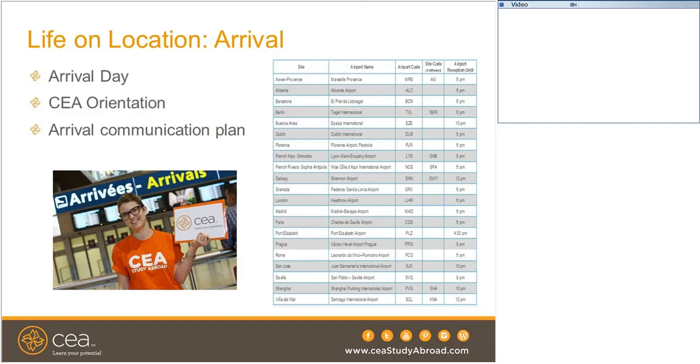All right, so talking a little bit about life on location and specifically their arrival day. First, your student needs to arrive on the program start date, which can be found on the CEA website, on their MyCEA account, or by calling their site specialist. Please note, this is not the day that they will start classes, just the day they need to arrive in their city. CEA staff will greet all students who arrive on the program start date and provide transportation to those